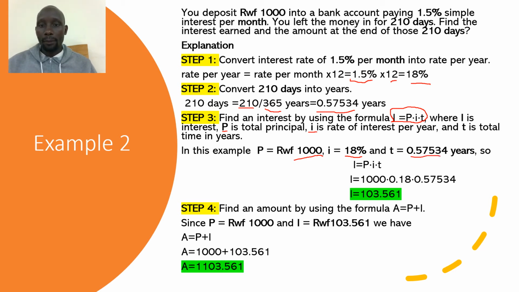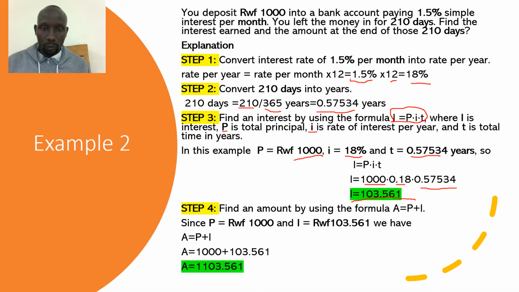So our simple interest will be equal to, we multiply 1,000 times the rate, which is 0.18, and we multiply it by 0.57534, and then our resultant answer is equal to